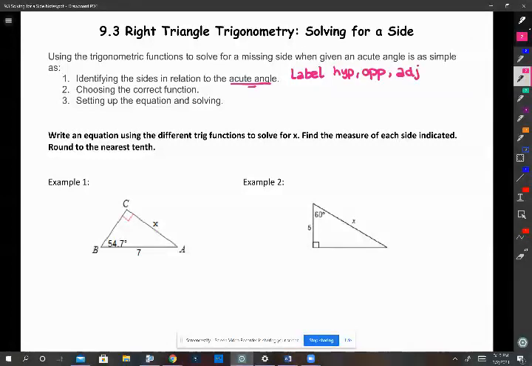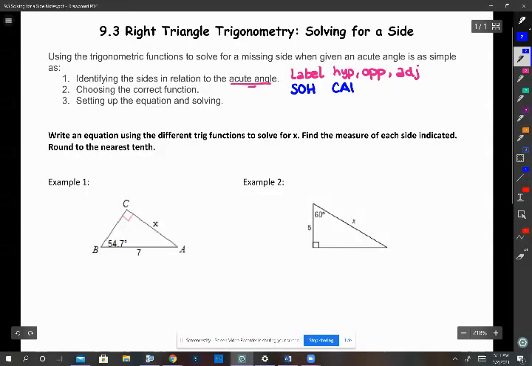And then we're going to choose the correct function. To choose the correct function, we want to notice which one of these helps. Is it going to be sine, which is opposite over hypotenuse? Is it going to be cosine, which is adjacent over hypotenuse? Or is it going to be tangent, which is opposite over adjacent? And then once we know that, we're going to set up our equation and solve for the